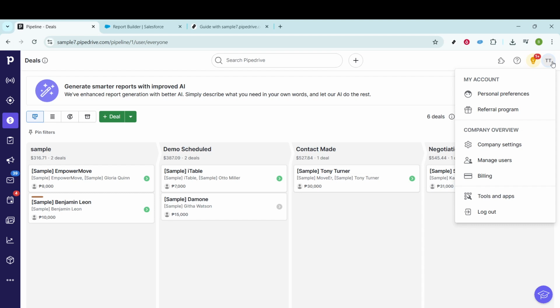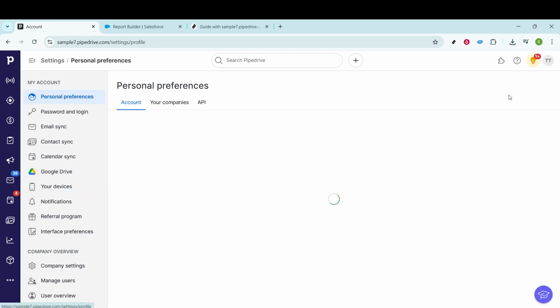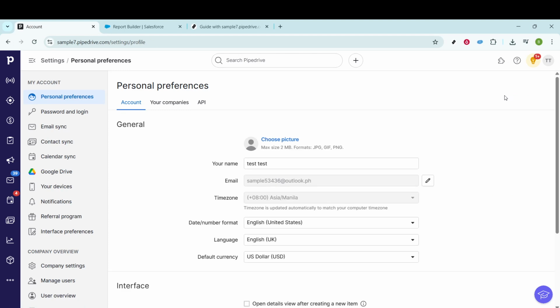After clicking on your profile icon, a drop-down menu will appear with various options. From this list, you'll want to select the Personal Preferences option. This is where you can make a variety of changes and customizations to your Pipedrive account, including, of course, updating